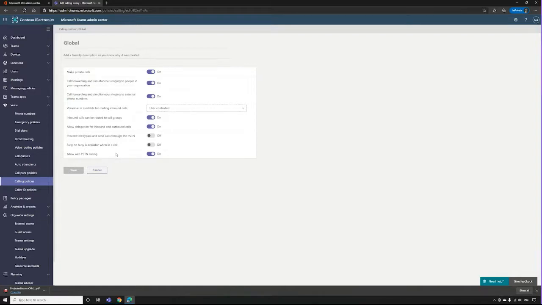It configures how incoming calls are handled when a user is already in a call or conference or has a call placed on hold. So new or incoming calls can be rejected with a busy signal. So if the user is busy,